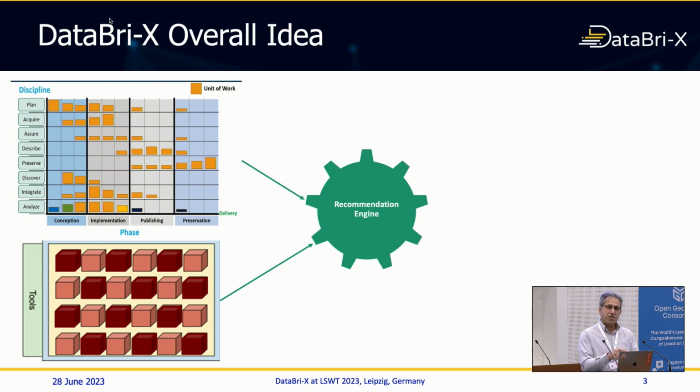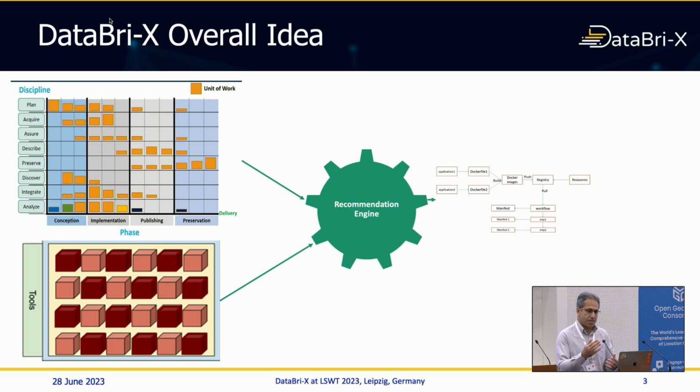This recommendation is going to take the tool specification as input and the process also as input, and then produce a set of suggested tools, for example with the workflow. We will suggest the tools and how these tools should be bound to each other to satisfy the requirements of your process. It doesn't guarantee that it will fulfill all the requirements, but it will do the best possible